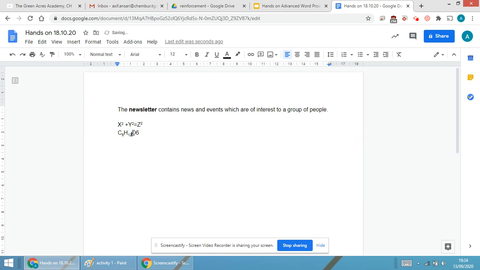It is control comma. Again select 6, only 6, and control comma. Remember, after this, again we have to press control comma so that the cursor becomes normal.